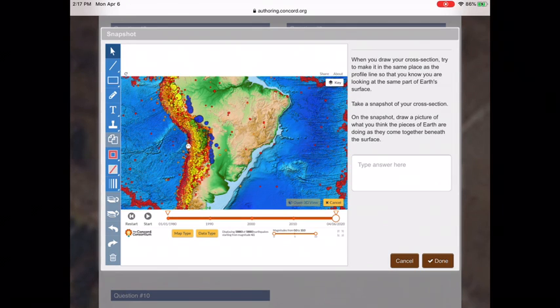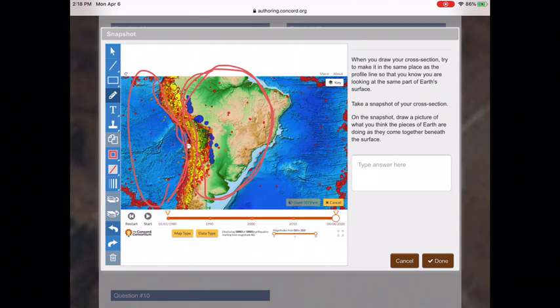on a snapshot, draw a picture of what you think pieces of Earth are doing as they come together beneath the surface. So if you look over here, the 1, 2, 3, 4th thing down is a pencil to allow you to draw. Just draw some arrows. If you think of this as puzzle pieces, if there's a puzzle piece over here and there's a puzzle piece over here, tell me, what do you think those puzzle pieces are doing? Are they moving toward each other? So if I draw arrows pointing towards each other,